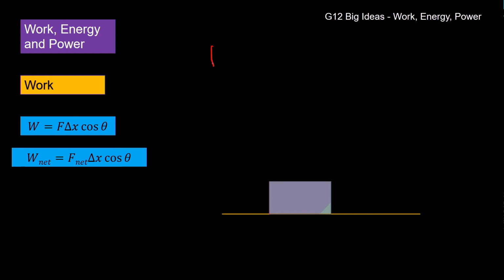So what is the net force on this box? It is going to be the force of the component. So let's just draw this in again. We've got this horizontal component. We've got a force at 120 newtons.